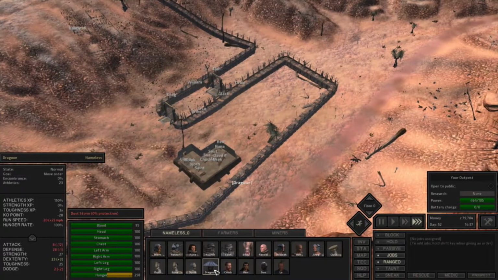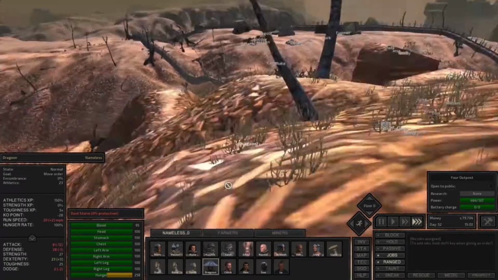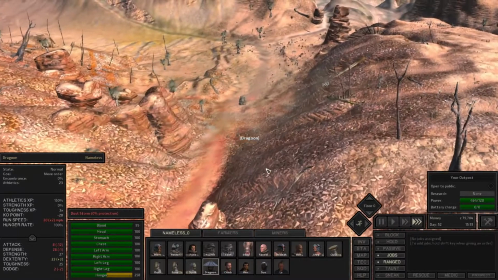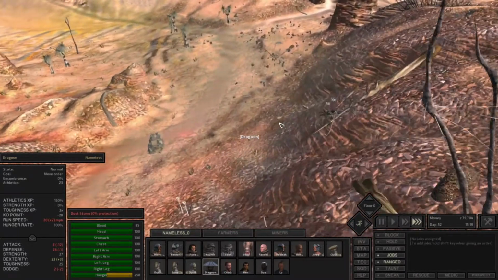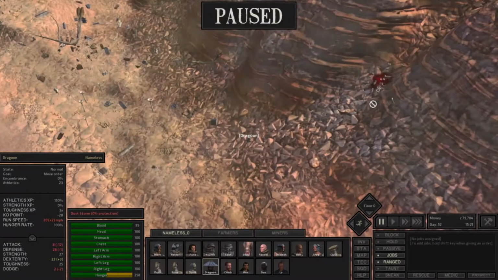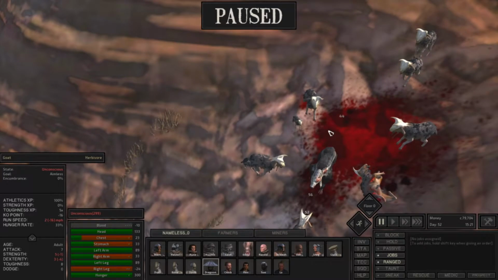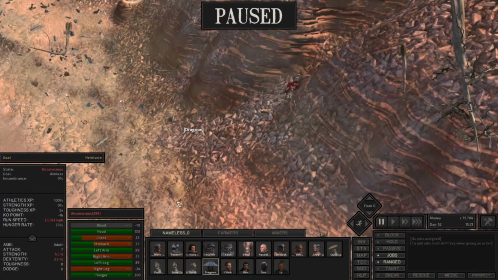Alrighty, and welcome back. And your first question might be, why are we watching Dragoon run off into the distance? And what is attacking what over here? Some goats. What are the goats doing? Anyway, back to